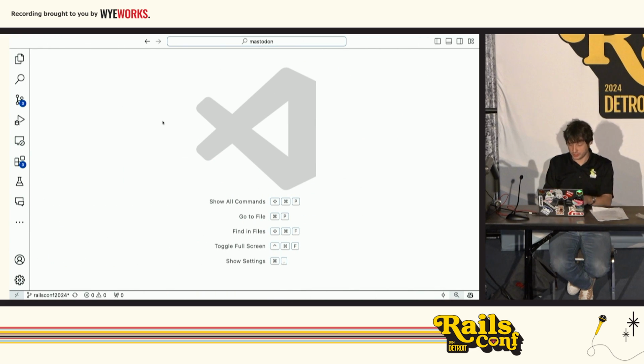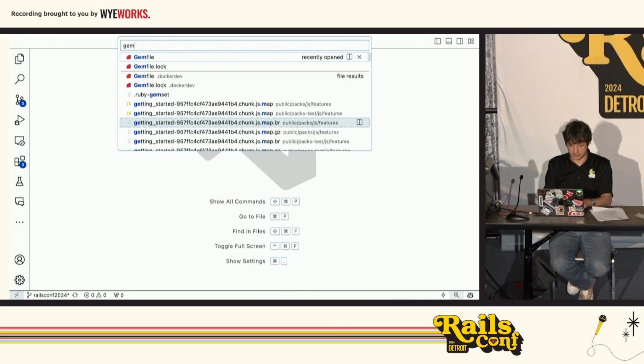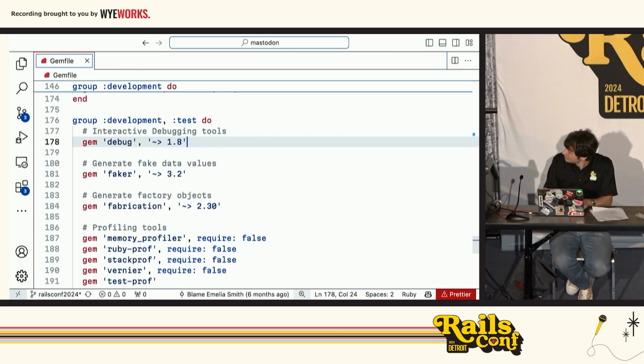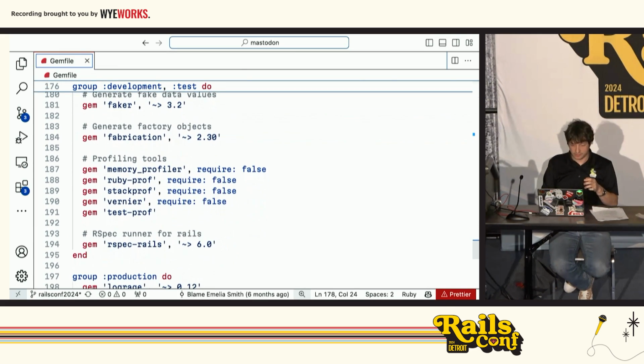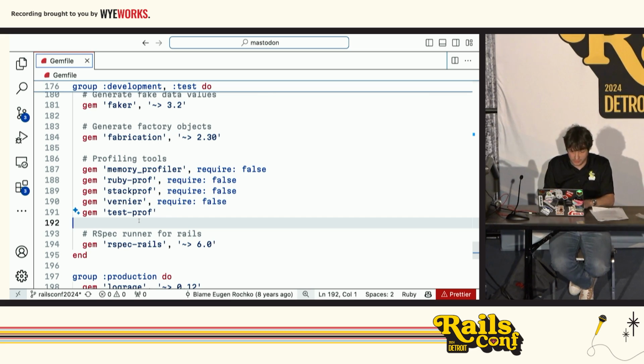So TestProf is already added. Okay, let's play this fun game again. We already have a bunch of profilers added to the development and test group in the bundler. We have memory, RubyProf, Stackprof, Vernier, and TestProf. So you don't need to add anything. You don't need to run bundle install during this workshop. I pre-installed everything for you. So